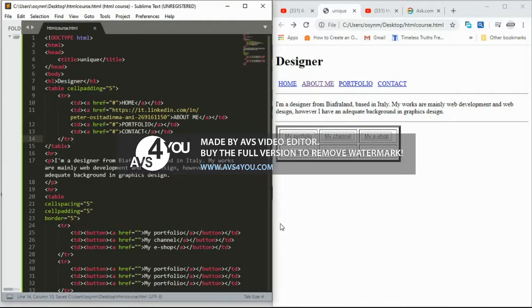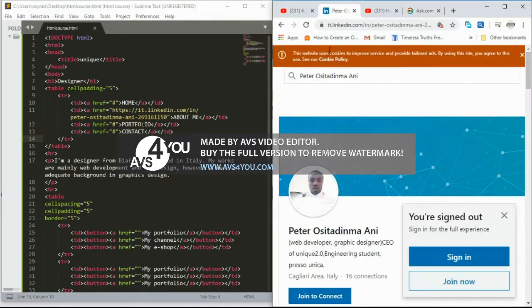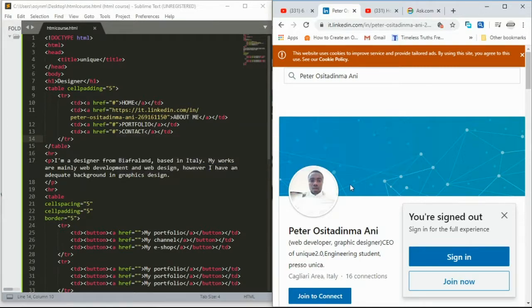Let's save this. Okay, take a look at this. What happens here now? If we click on this, if we click here right now, it will open a new page in our web page. But if we want it to open a new page outside, to open a new tab, we'll just